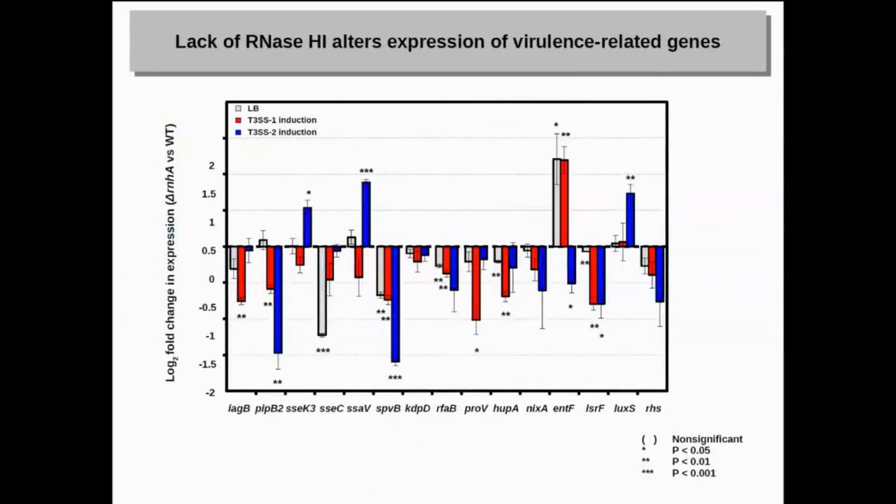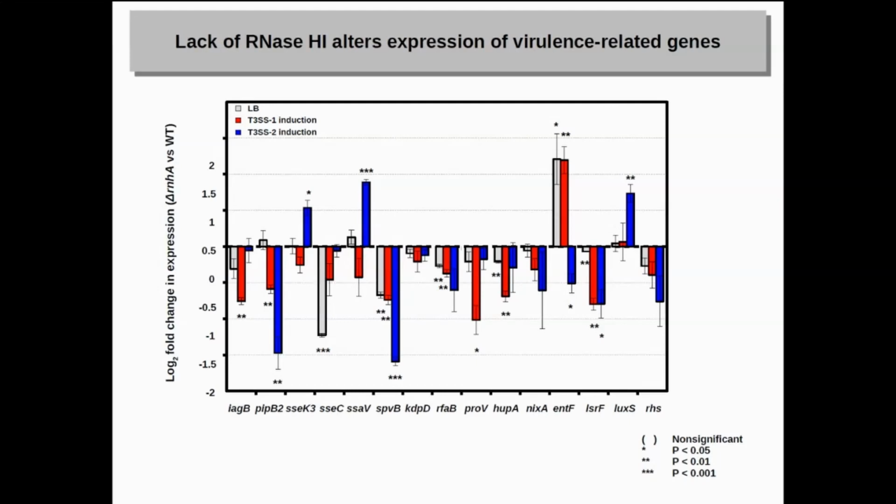So this is a collection of genes. These are luminescent constructions, two promoters of different genes that are involved in virulence. And the conditions are under LB growth, or under conditions of induction of the Salmonella pathogenicity island 1 or Salmonella pathogenicity island 2. I'm not going to be describing anything in detail, but you can see that there's quite a lot of changes. This is the fold change between the wild type and the RNase mutant. So the RNase mutant is actually altering expression in both ways. It seems to be making crazy the expression of these genes.